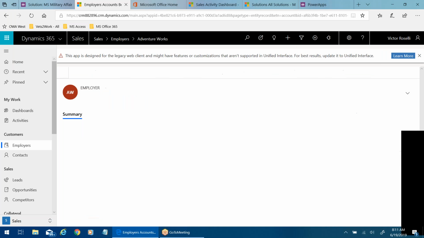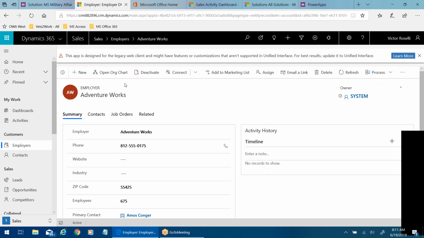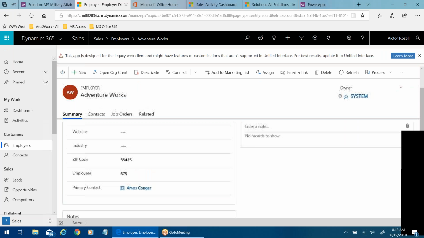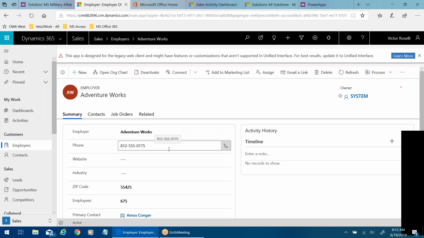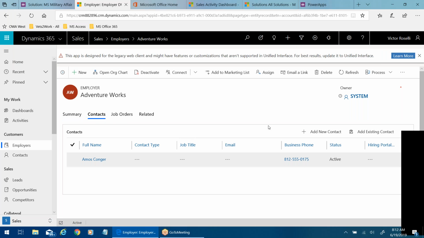A VentureWorks company. Yeah. So it's showing you our form for the employer. But now you want to go to a contact. Okay. So Amos. Oh, add new contact. I'm sorry. Yeah, so add new contact. Go ahead and click on the add new contact. That's this one here. No, the new. Down. Oh, yeah, because this would be a new.